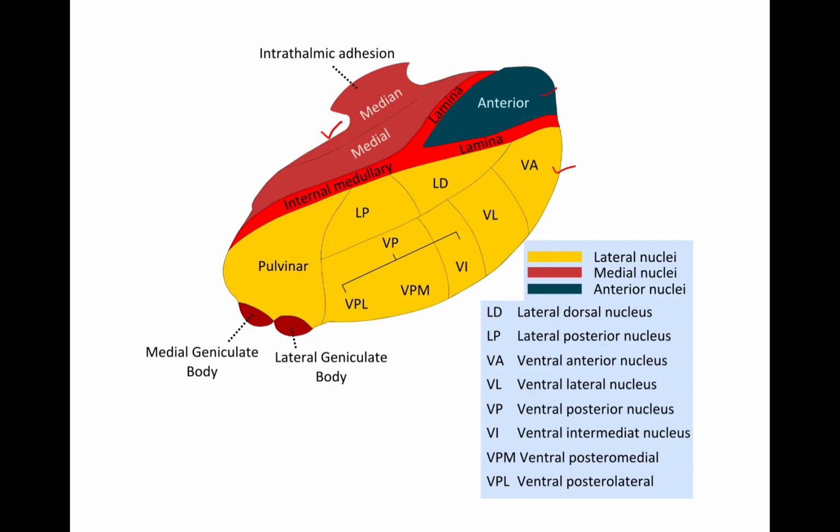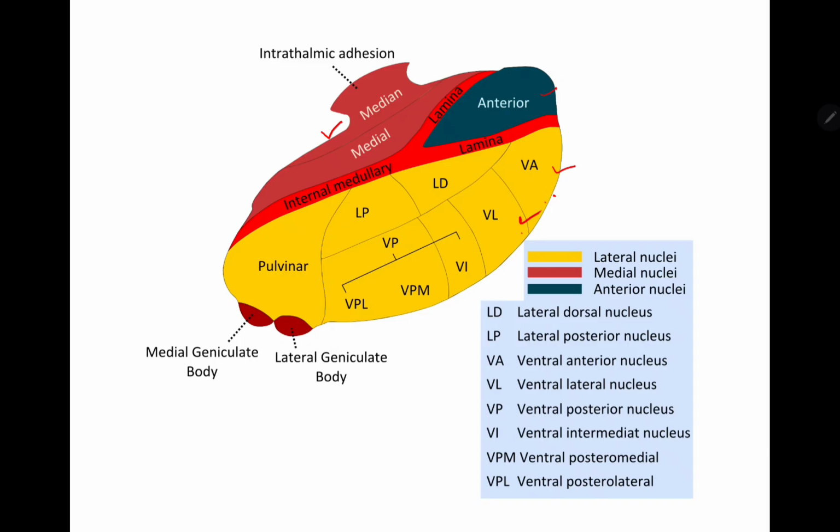Anterior is for memories and emotions, whereas medial nuclei is for emotions and alertness, and lateral nuclei is for all senses and movement. Now the key lateral nuclei are the yellow area, VPL and VPM. It is for body and face, touch or pain, relating to the brain. Next is VL plus VA. These two help in controlling movement.